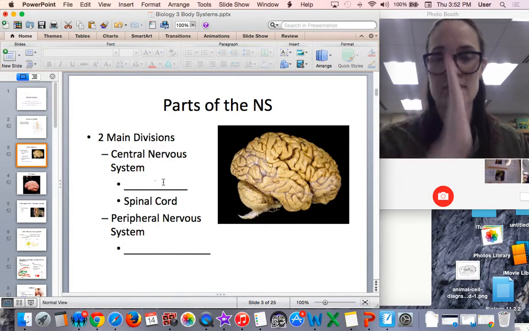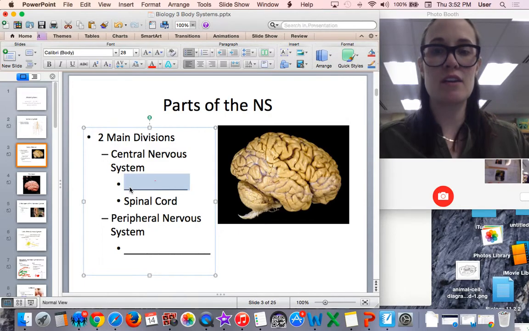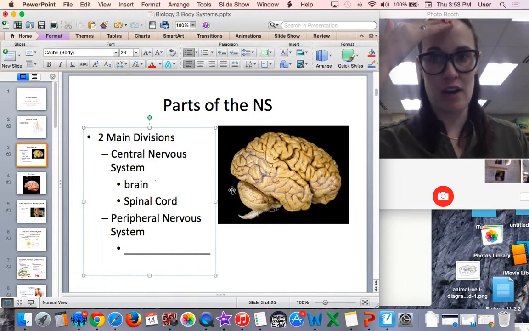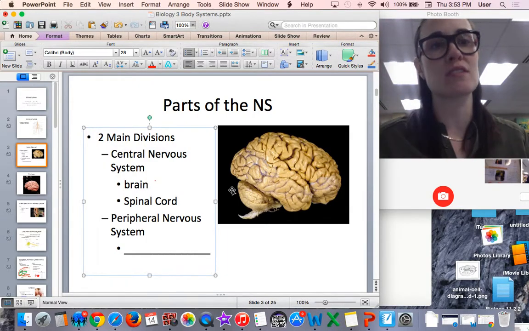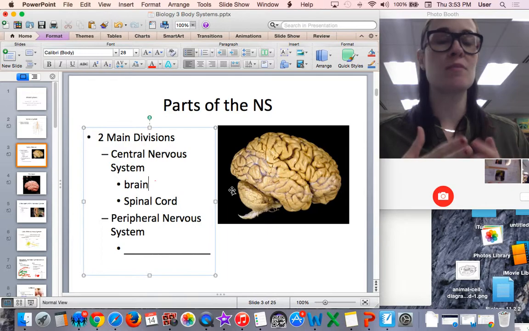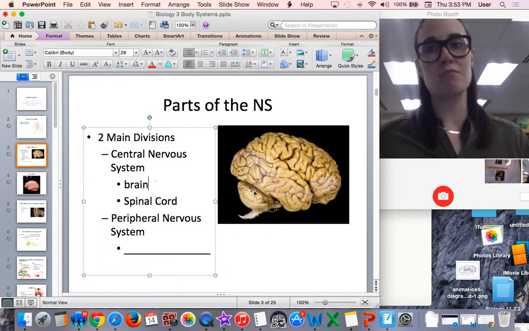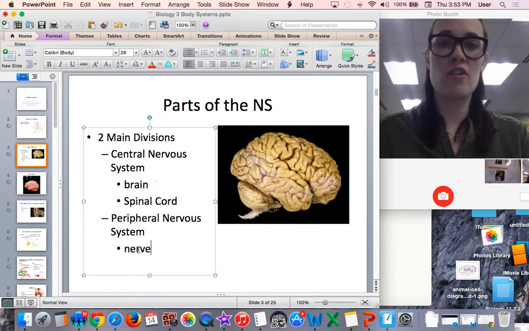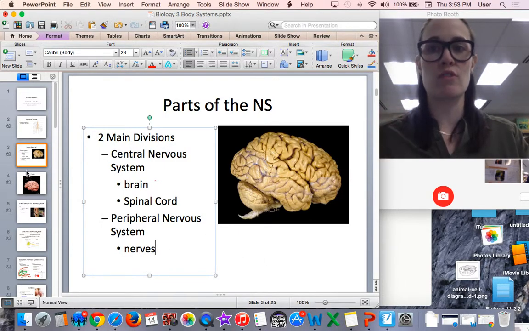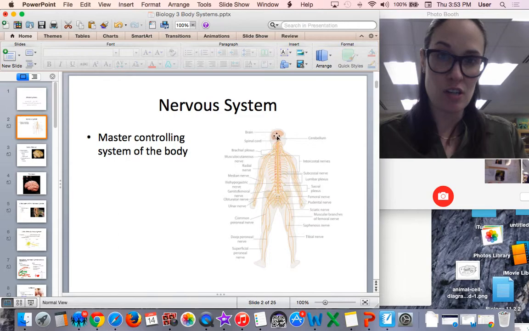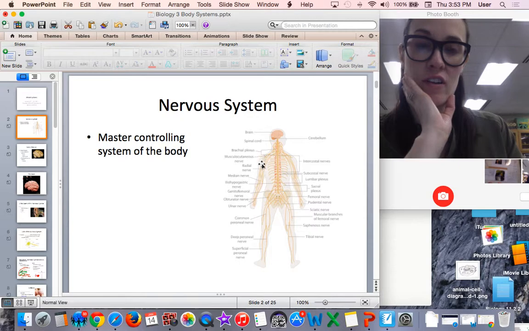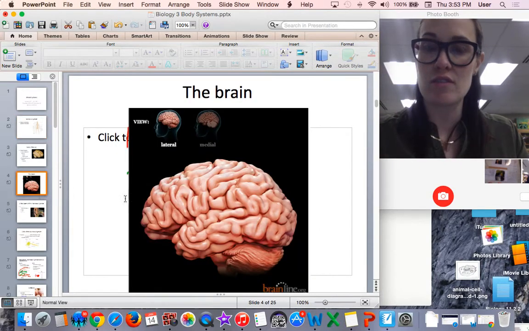The central nervous system, think of the center of your body. It includes what you see there, that's a brain and the spinal cord. The brain and the spinal cord is in the central nervous system. The other section of the nervous system is called the peripheral nervous system. So anything outside of the brain and the spinal cord, it's on the periphery. So pretty much this is just the nerves in your peripheral nervous system. So back at this picture, the brain, the spinal cord are in your central nervous system. Everything else, these other little yellow lines, those are the nerves.